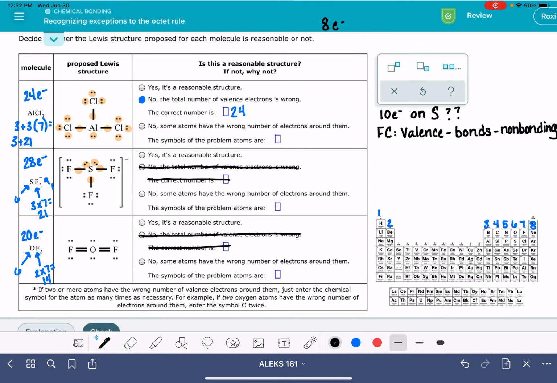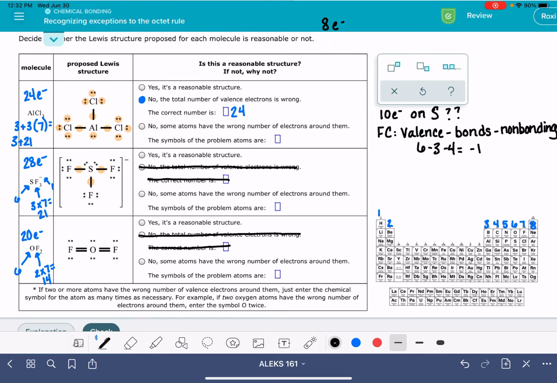For sulfur, we decided that it had 6 valence electrons, and this particular sulfur has, excuse me, not 6 bonds. It has 3 bonds, and it has a total of 4 non-bonding electrons,